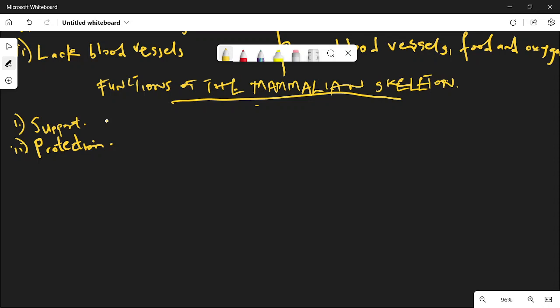Also, the brain is another soft tissue that we have inside our body. The brain is very, very soft, very delicate. Any little contact to the brain can cause it to rupture. But because it is well protected, well enclosed in a particular type of bone called the cranial bone,